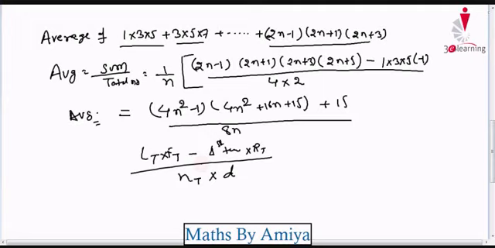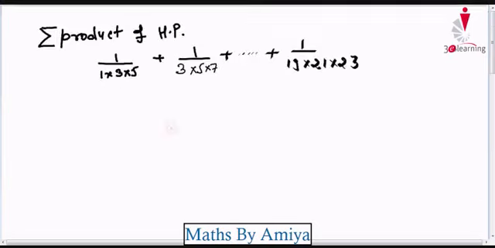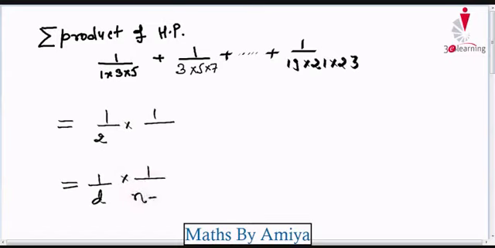Now we apply the same thing but in the reverse order for product of an SP. So sigma product of an SP, instead of starting with formula, we start with the answer, then I write the formula. Here if you have summation, then just 1 upon, I am writing the formula and working on the same, 1 upon common difference. Here the common difference is 2 into 1 upon numbers in the formula, 1 upon number of terms in the formula. I write how many terms.